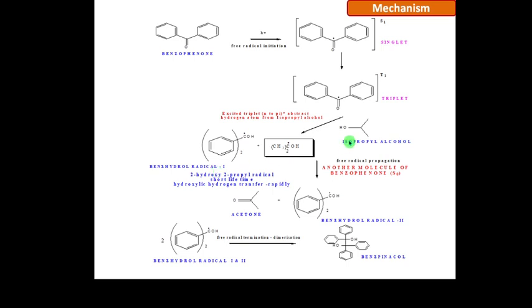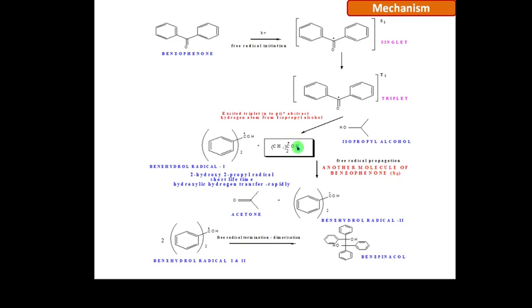In turn, the isopropyl alcohol is converted to the 2-hydroxy-2-propyl radical, and this 2-hydroxy-2-propyl radical has a short lifetime, so its hydroxyl hydrogen wants to transfer to another molecule, so that another molecule in the S0 level, that is the ground state level, is available.